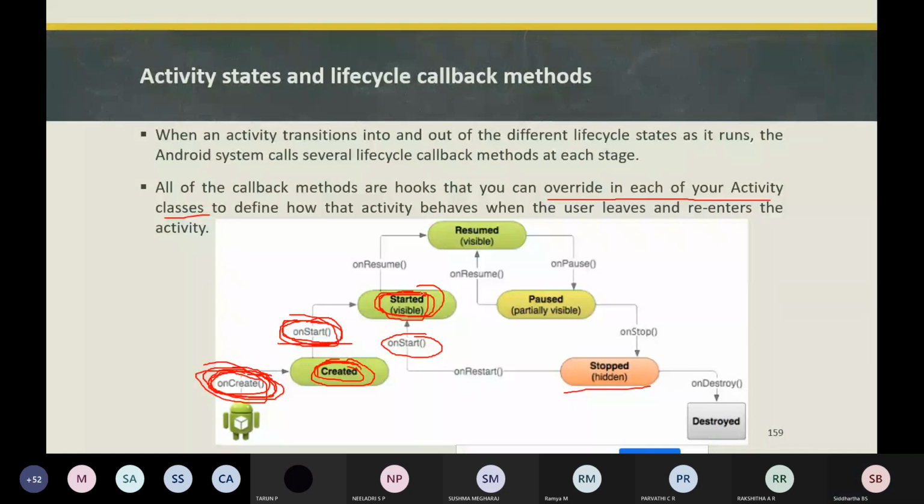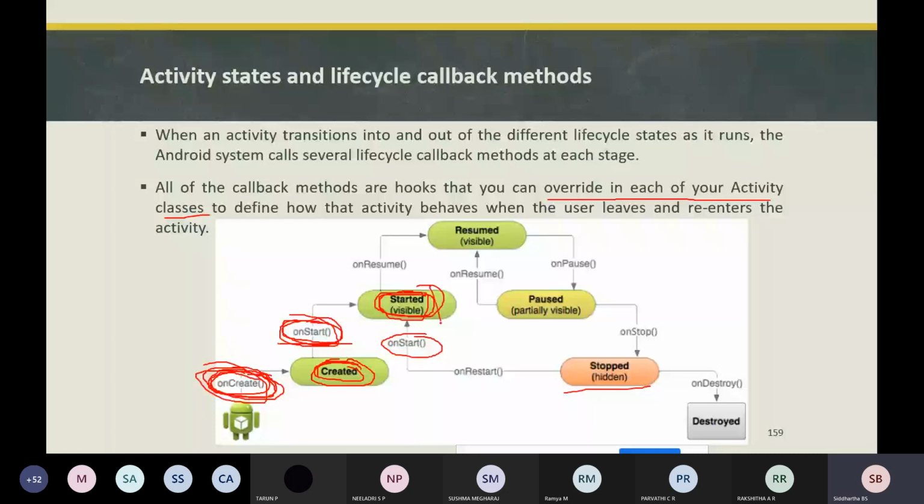When an activity is in the started state, that activity will be visible on the screen, but in this state you cannot interact with your application.